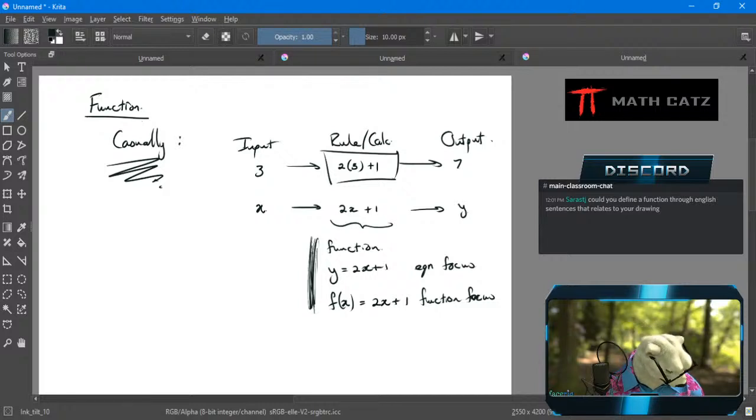Question. Could you define a function through English sentences that relates to your drawing? Sure. Let's say it like this. A function is just a fancy name for a rule that, I don't want to be too wordy here, I want to be concise and efficient in my wording. Let's just say it like this, that tells us